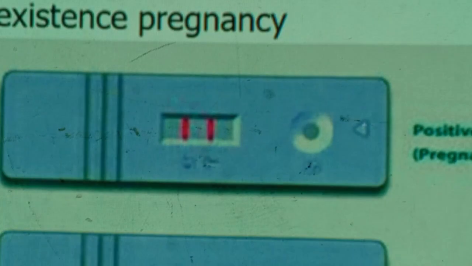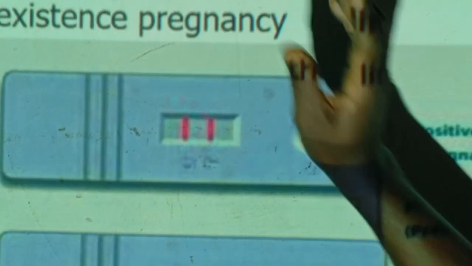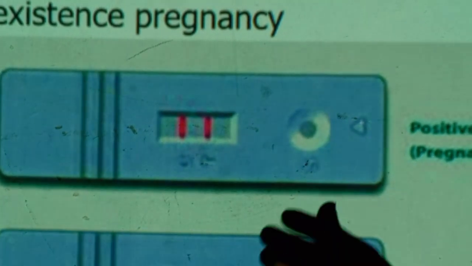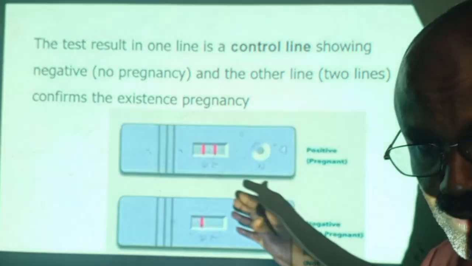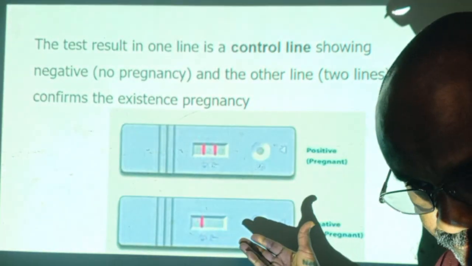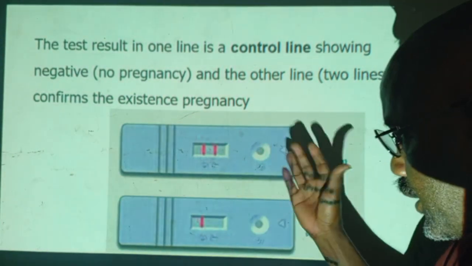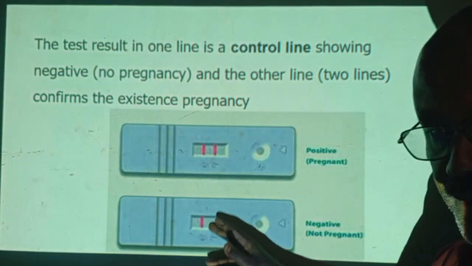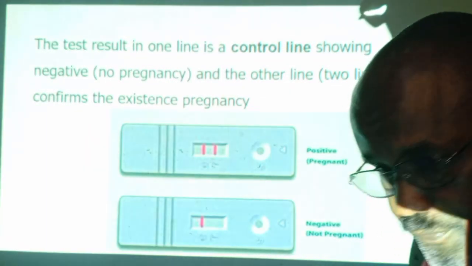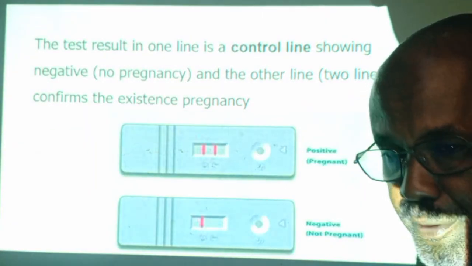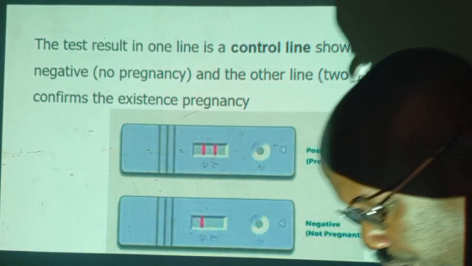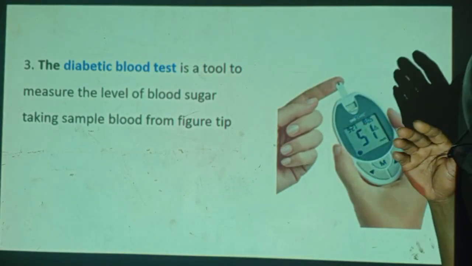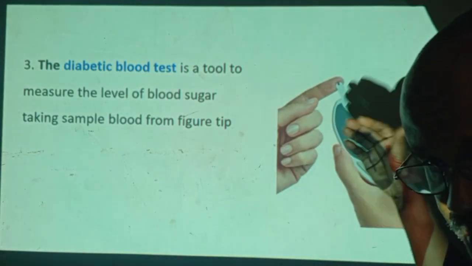If you put urine here and the urine does not contain this hormone, that is HCG, therefore there is no antibody-antigen reaction. There is no HCG, which means there is no reaction. If there is no reaction, you will not see the color change in this strip here. Therefore, this kit is used for diagnostic purposes. The similar instrument works based on chemical